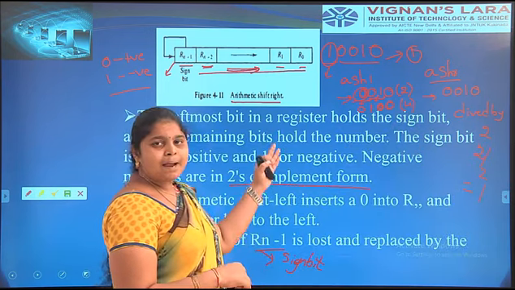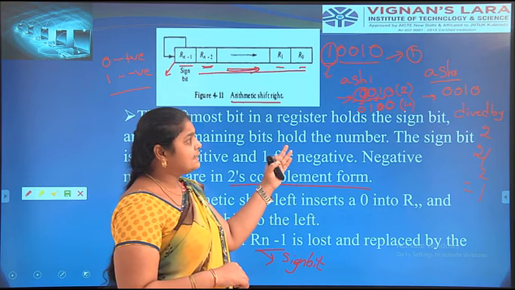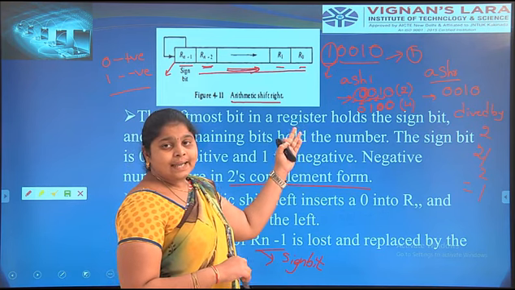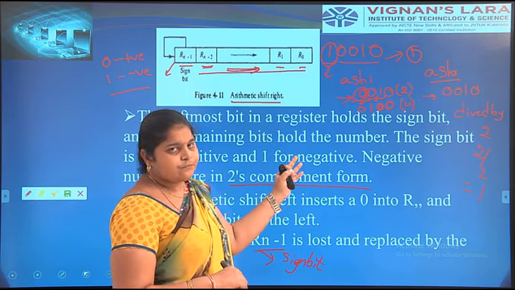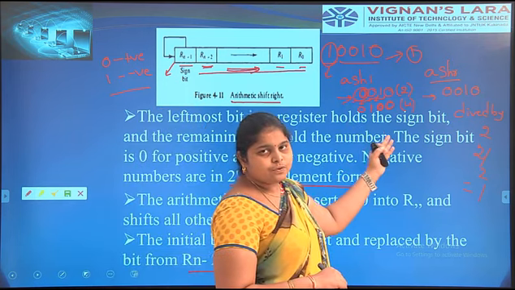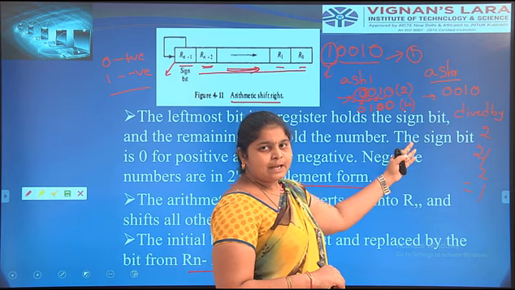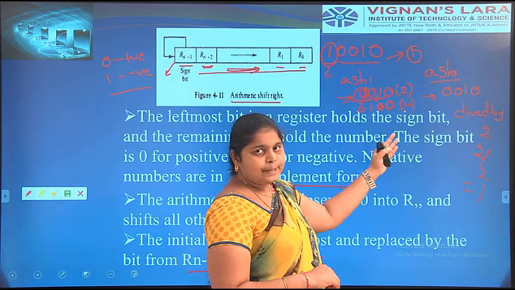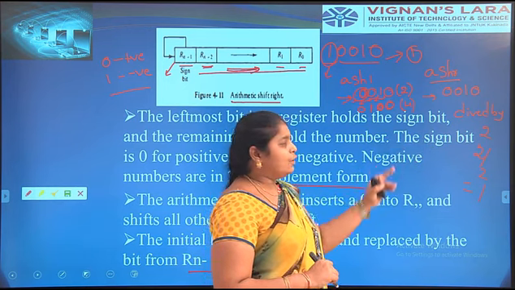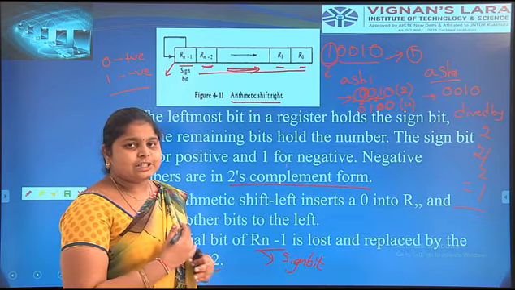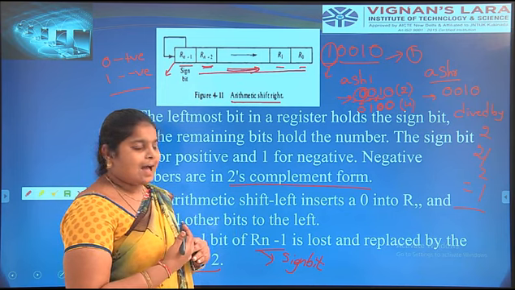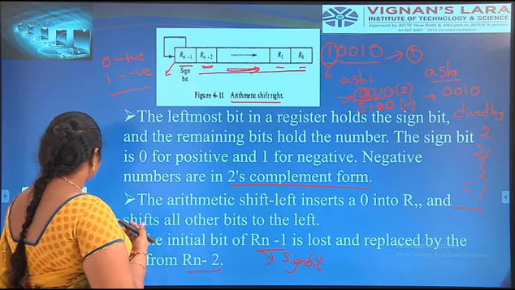Okay, in arithmetic shift left we take the binary number 2 that is multiplied by 2. 2 by 2 means 4. Here 2 into 2 means 4. Here in arithmetic shift right, we consider the binary number 2 divided by 2, and 2 by 2 means 1 is the answer. Likewise, the calculation is performed by using the arithmetic shift.